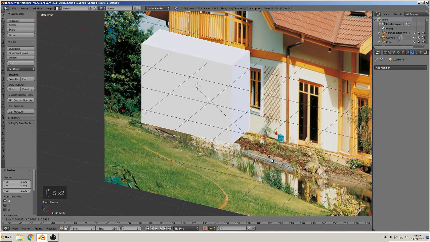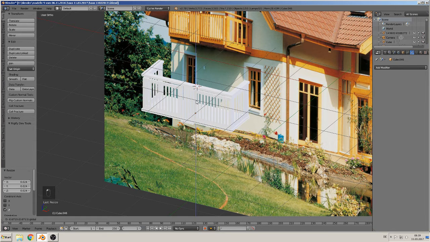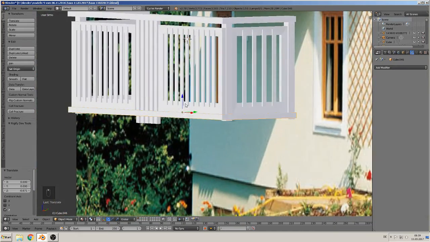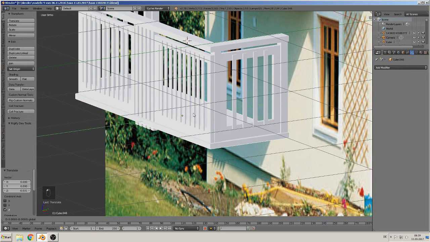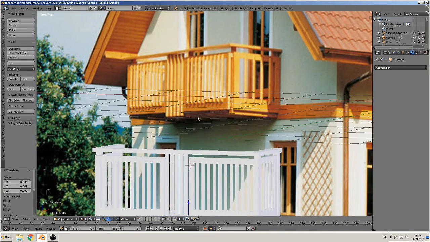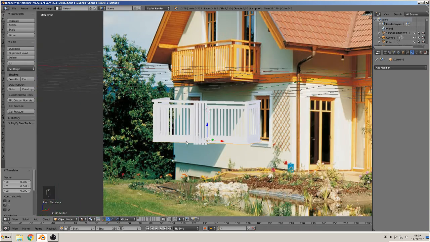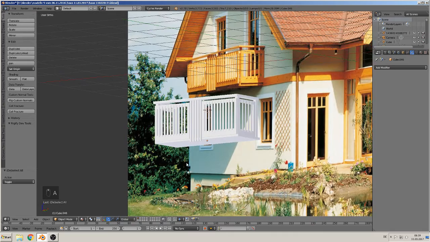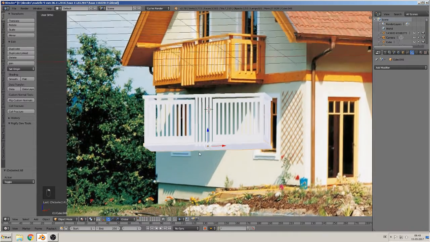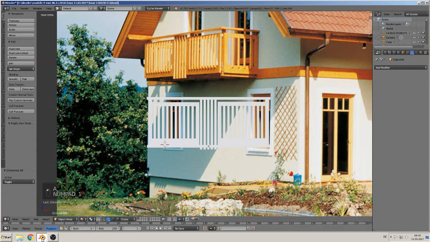Good. Scale and Z. And then we have the bottom for that. You go here, and we can go a little back, like that. Then we see out of the house comes under them some blocks to hold them in the wall. So we Shift D. No, we make it the other way. We make here, add